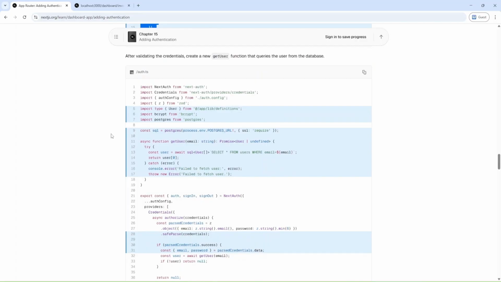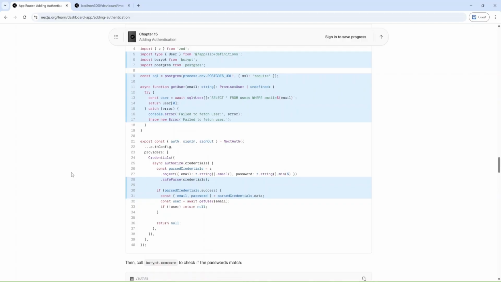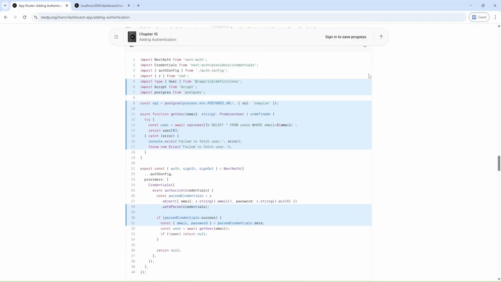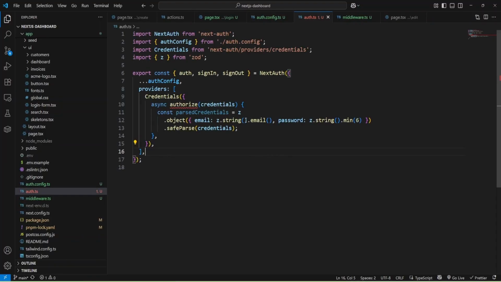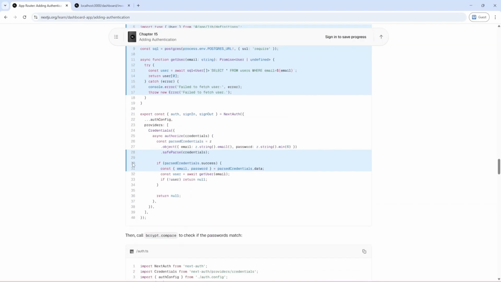And here we can add SQL query to select users with email, and then probably check email and password. I'm going to just copy the whole file and replace it in my code.